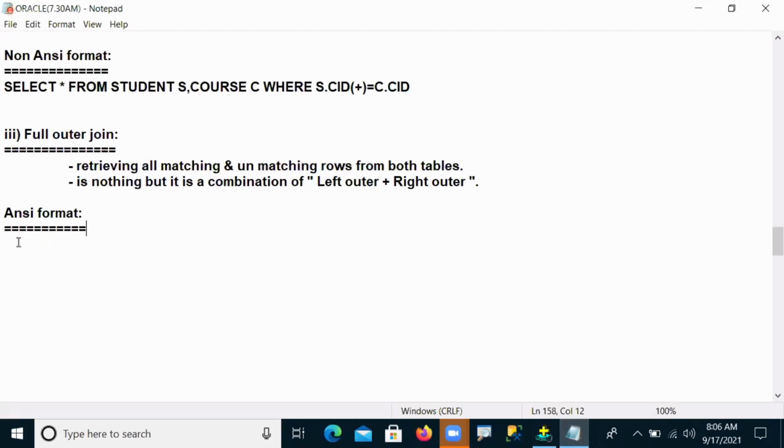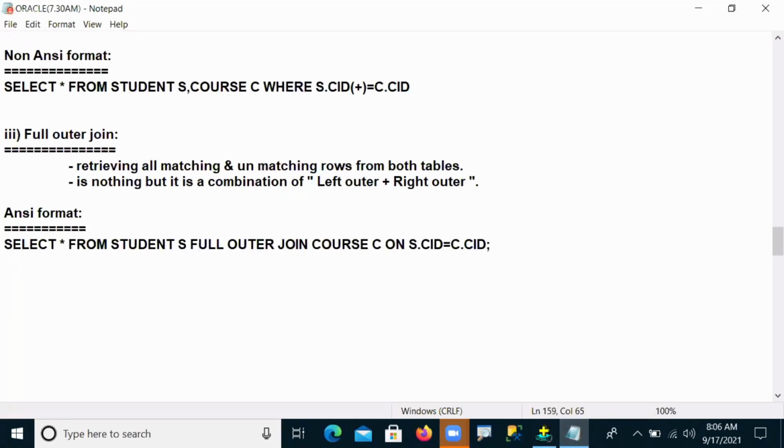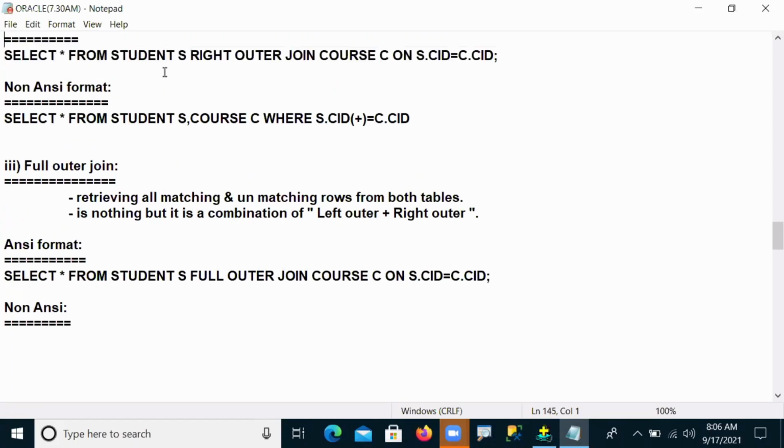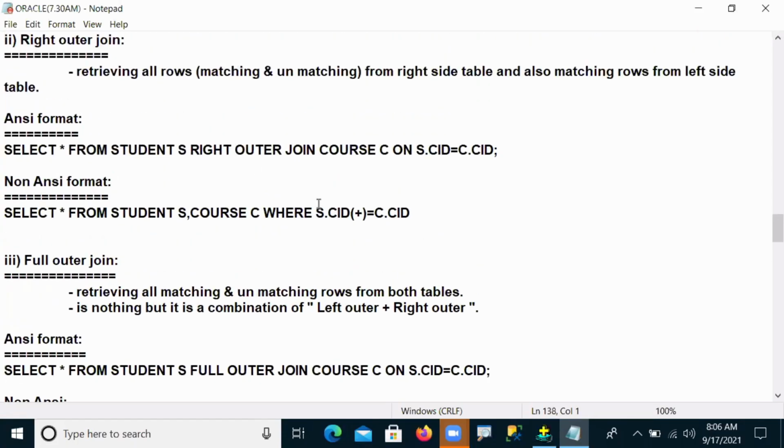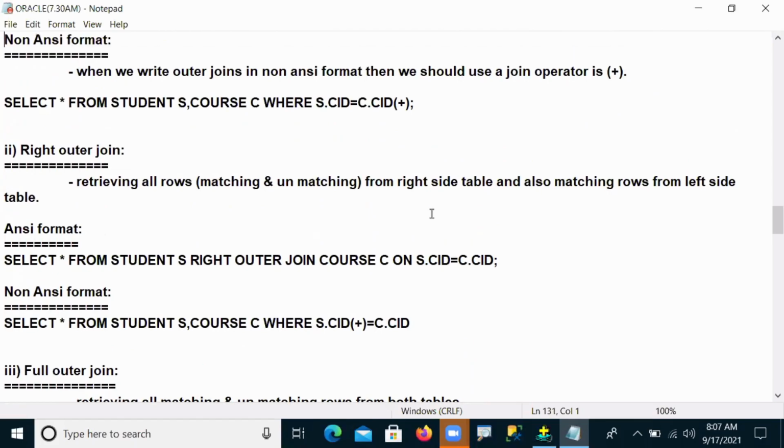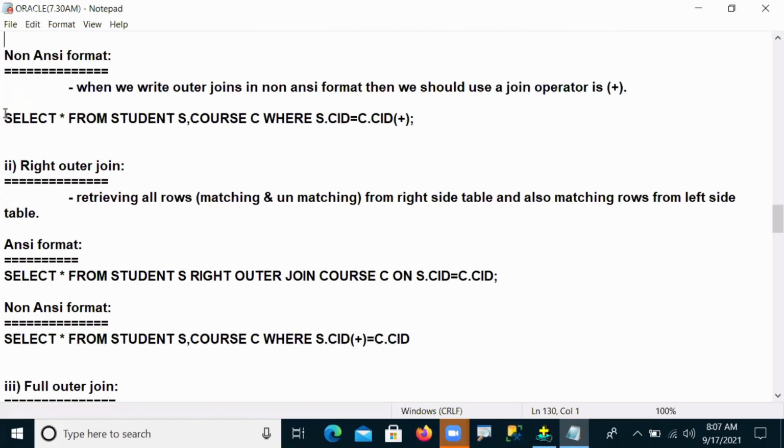So this is how we write full outer join in ANSI. Same to same, I want it here in non-ANSI. Guys, can you write non-ANSI full outer join? Because you already know full outer join is a combination of left and right. This is the right outer join non-ANSI format statement, and the left outer join non-ANSI format statement.